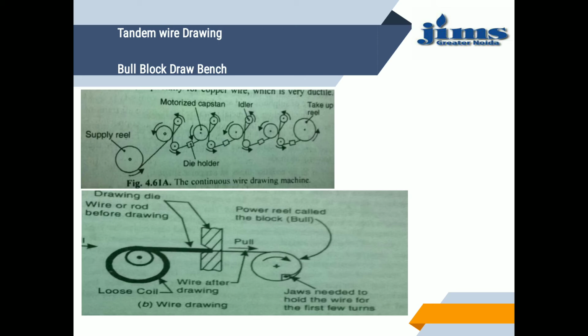Operations are performed on tandem machines to minimize handling and labor. In this system, 3 to 12 dies are mounted in a single machine, and the material passes through all the dies in proper manner to prevent tension that can induce fracture.